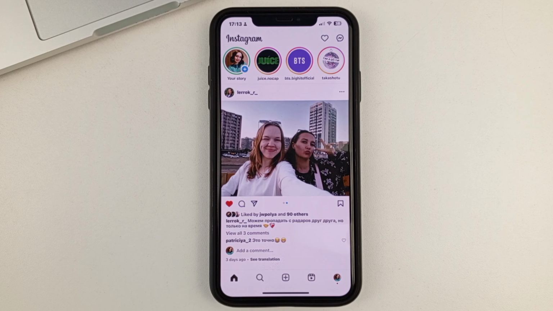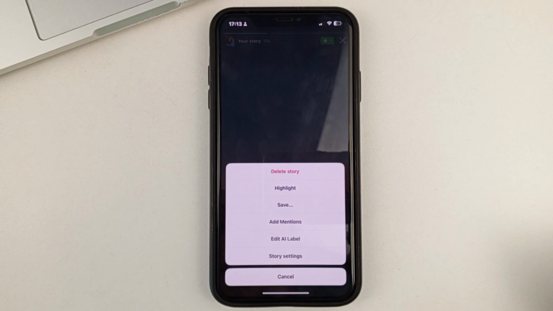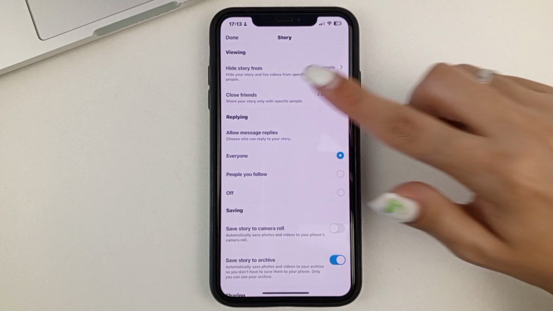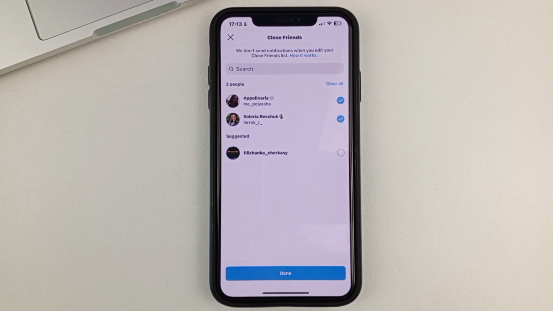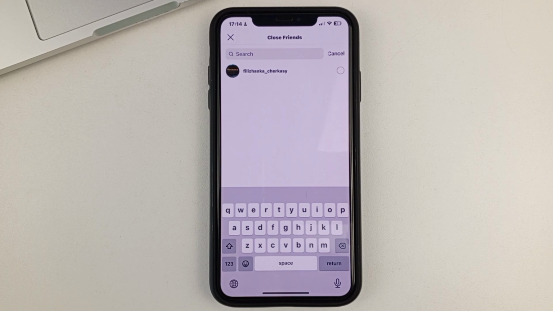And if you want to see your best friends list, for example, or if you want to change it, then click on History, then the three dots at the bottom, then History Settings, and Best Friends. So you will see a list of your best friends that have already been added. Also at the bottom will be a list of suggested friends that you can add to this list, or you can find the person through, for example, the search bar.